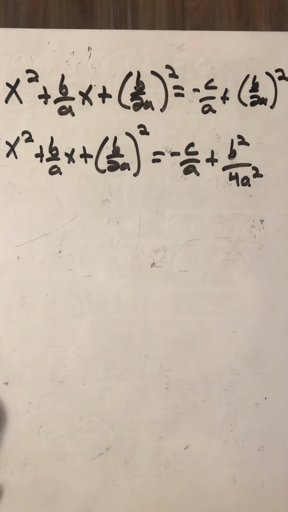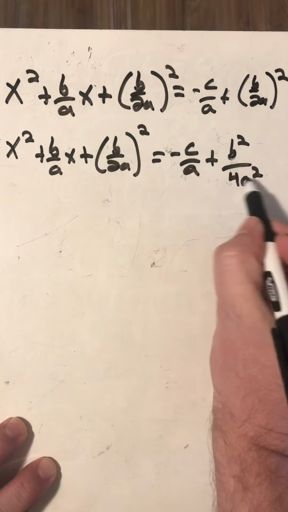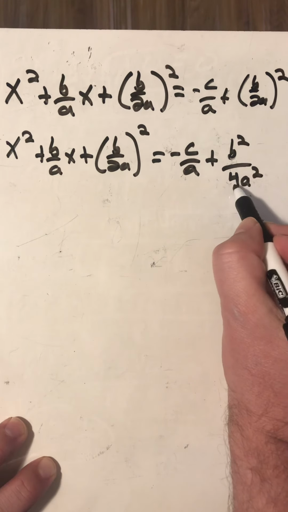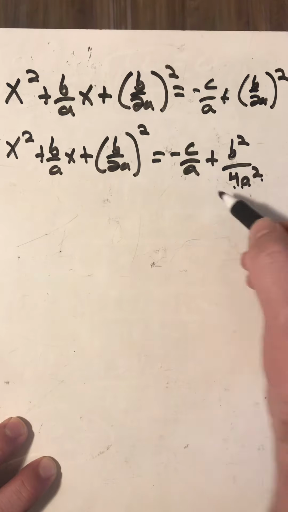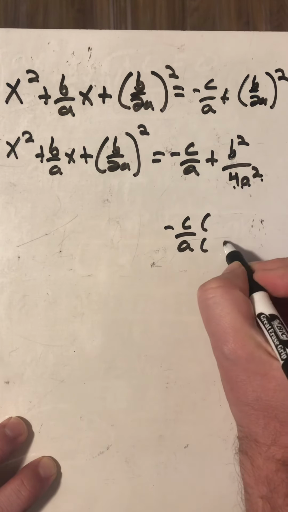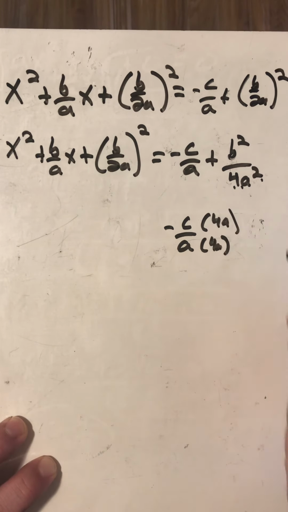So now we're getting a little bit closer. Let's go ahead and see if we can combine these two terms together by finding a common denominator. Okay? So here I've got 4a squared. Here I've got a. So if I multiply negative c over a top and bottom by 4a, I would have a common denominator of 4a squared. That would become negative 4ac over